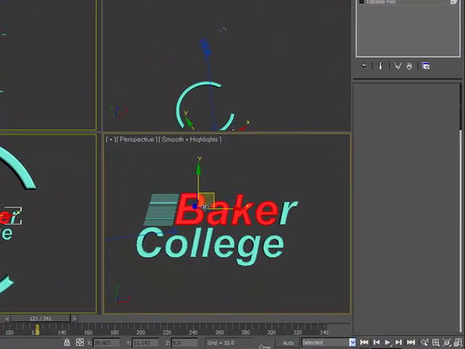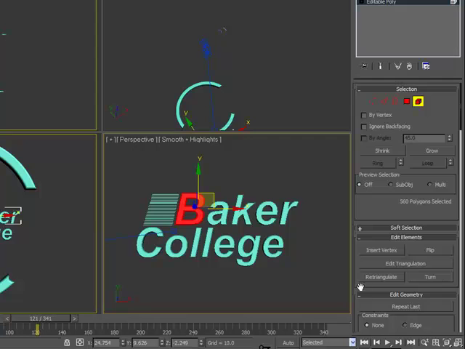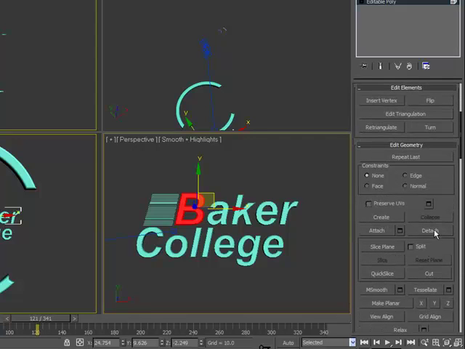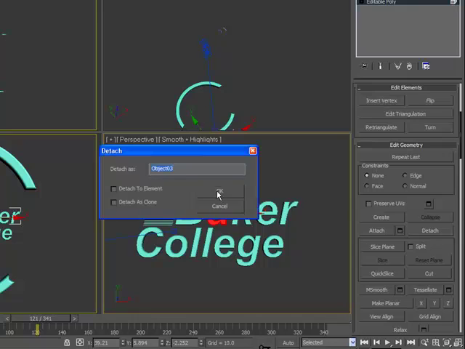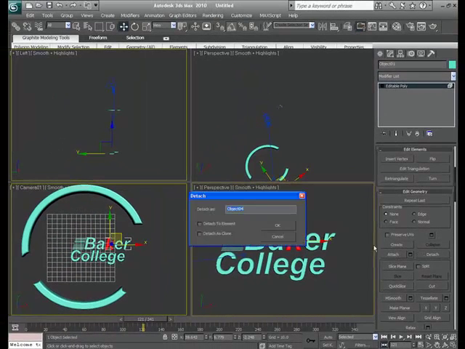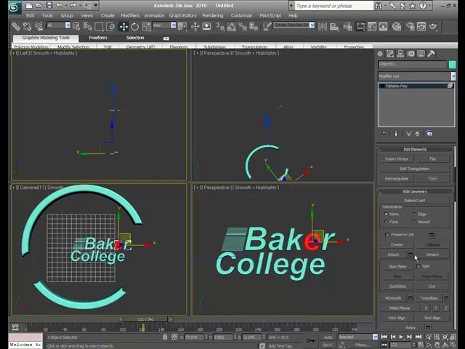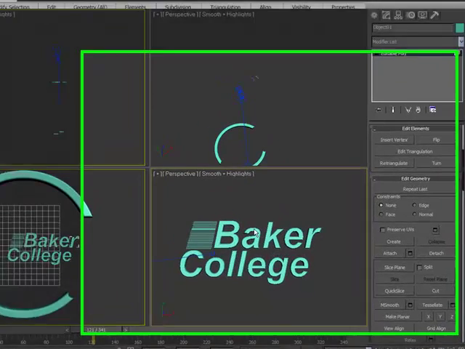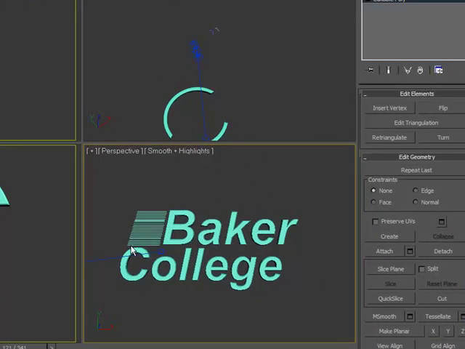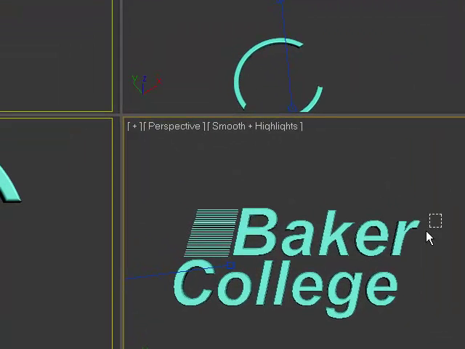Now what we're going to do is we're actually going to break these letters apart. So we're going to detach all of these. So they're all kind of broken out. Now what we're going to do is we got to redo, we got